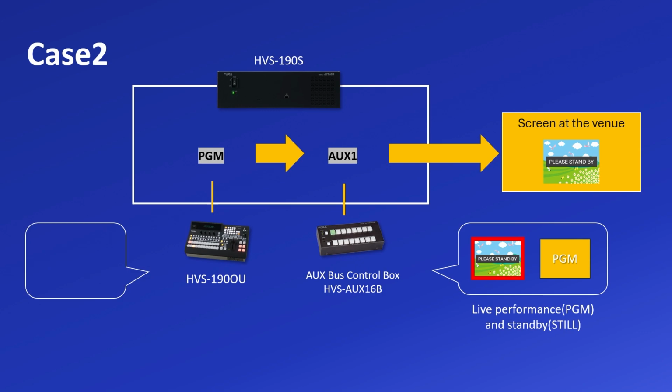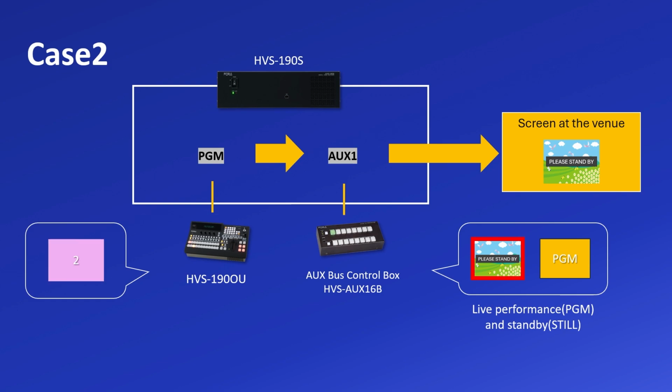With the HVS-190 series, it is possible to have the HVS-190OU perform test operation if the standby video is played on the screen at the auxiliary unit side. When the standby video is selected on the auxiliary unit, the standby video will continue to play on the screen